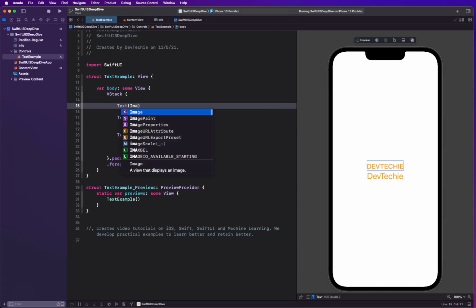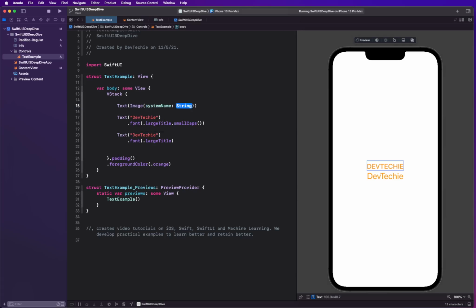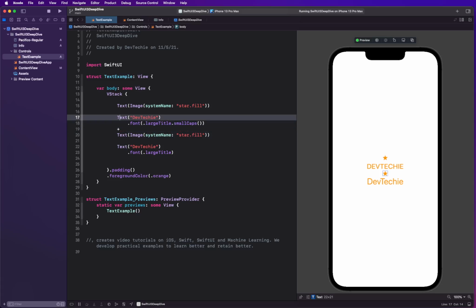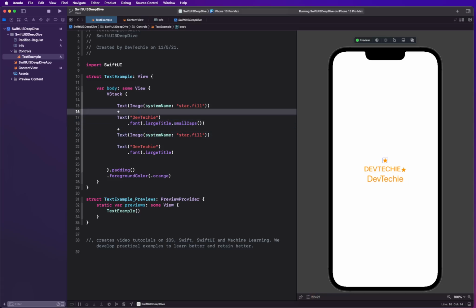So for this example, we can actually simply use a system image, and I'm gonna say star.fill. Okay, and we're gonna use that concatenation operator that we have seen to basically build this star dev star case